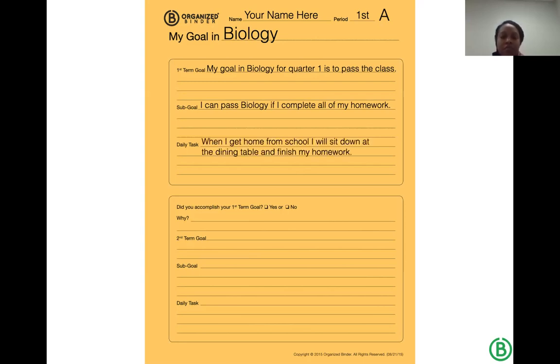And the point is, we're trying to get to this daily task. So I want to know when and where. It's got to be an action. This is not like goal setting, like pie in the sky. If I have a struggling student, I'm going to be really focused on right here. You're telling me that when you get home from school, you're going to sit down at the table and do your work. And if you do your work, you're more likely to pass my class.